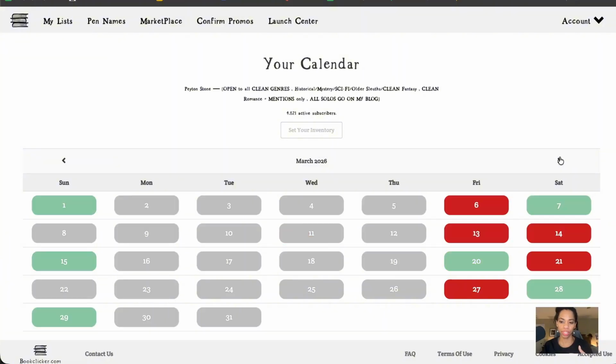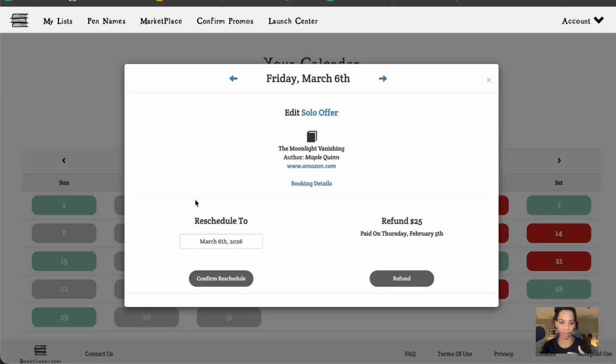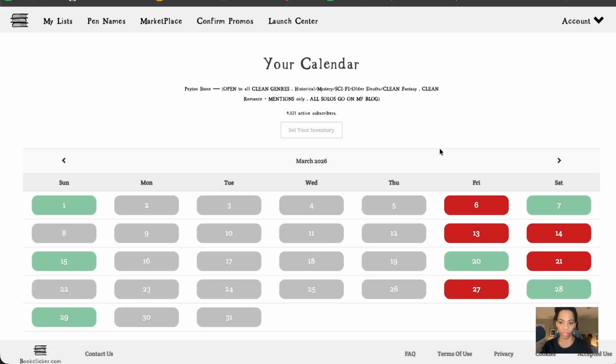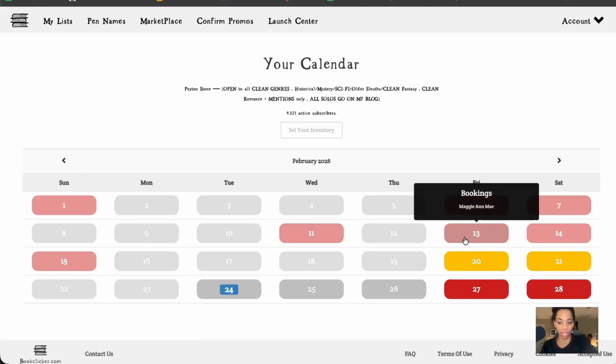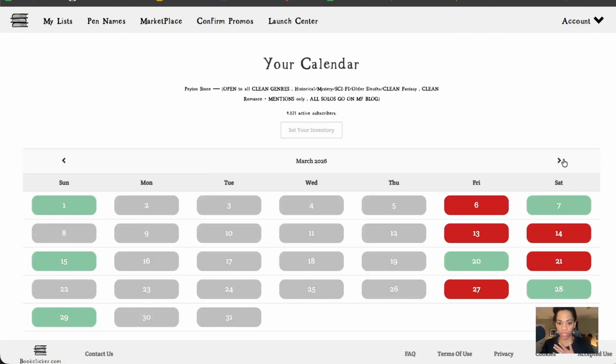I don't know how many days you have to wait, because I know I can't put in anything here. I can't put in, like, what is it? The email preview link. I have to wait until these turn yellow. But at a glance, I can see what was booked and what's still available, because it's green on